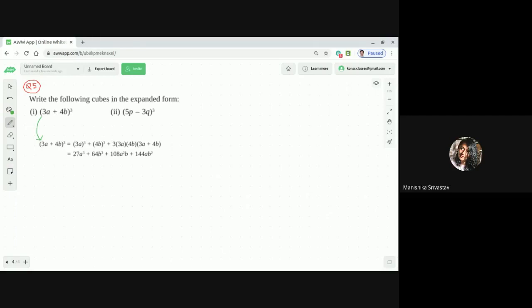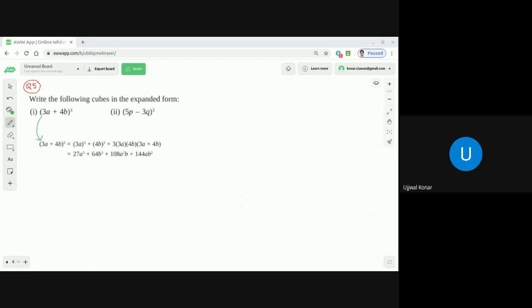25p cube minus 9q cube minus 45pq into 5p minus 3q. I've got 125p cube minus 225p square q plus 135pq square minus 27q cube. Correct. This is precisely the correct answer, because when the question says you need to express in the